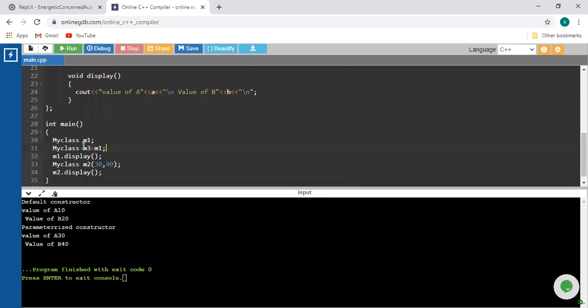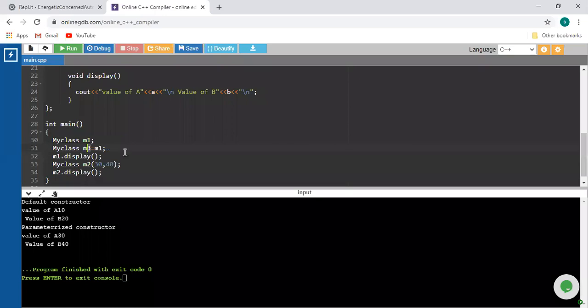So this particular m3 is initialized and declared with the help of this m1 object. This is nothing but a simple copy constructor. Whatever data you are using inside the m1 object is directly copied inside this m3 object.